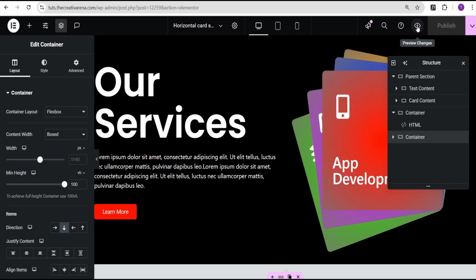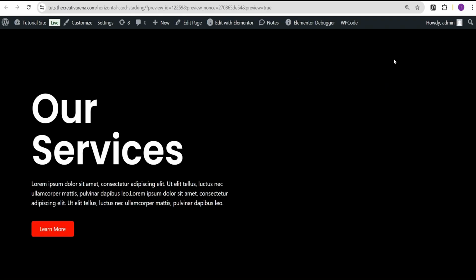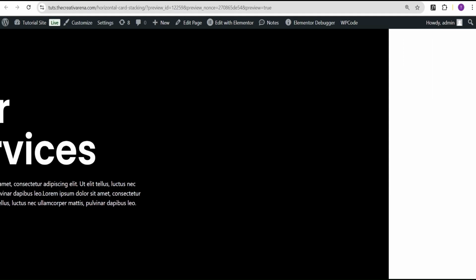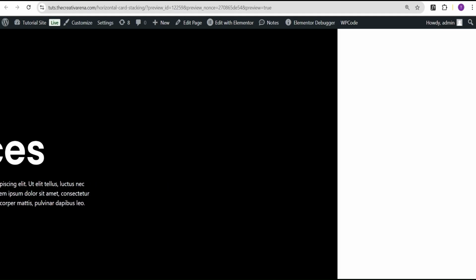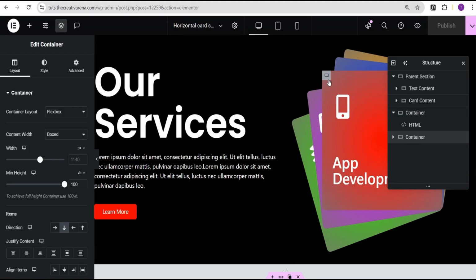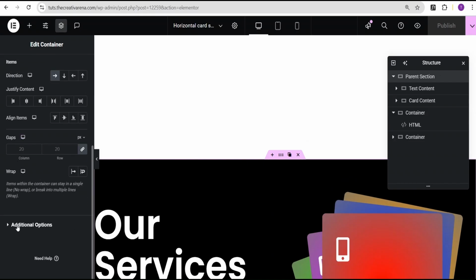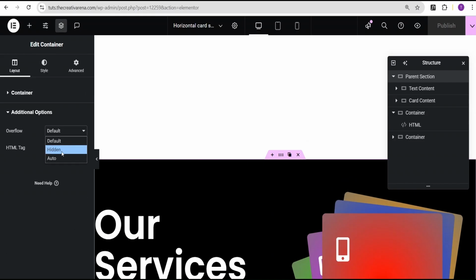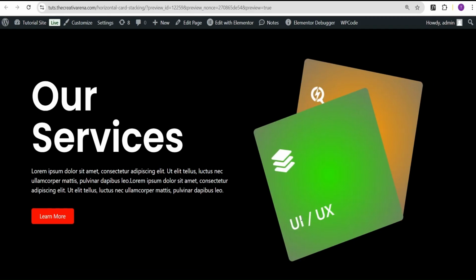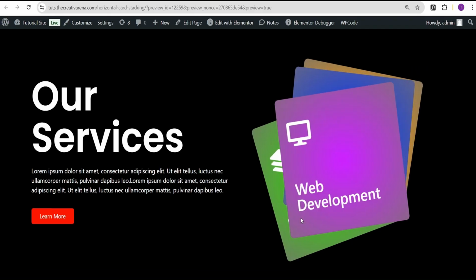and then I'm going to go to preview changes. Now we can see that we now have this. So when we scroll, however, before we proceed, you can see that we now have an overflow. So to fix this overflow, I'm going to go back to our design, come over to our parent section container, come to the layout, come down to the additional options, and for the overflow, set it to hidden. Then I'm going to publish this and come back here. You can see we no longer have an overflow,